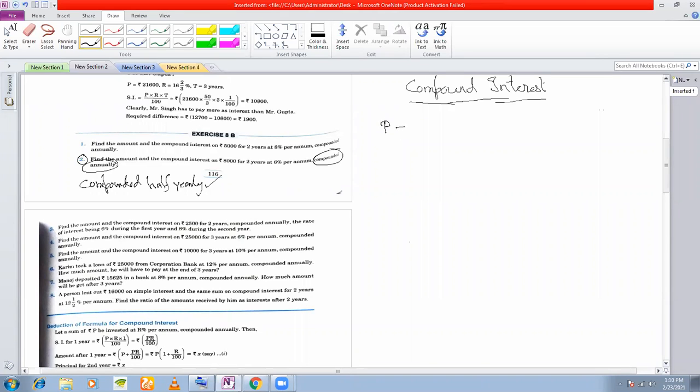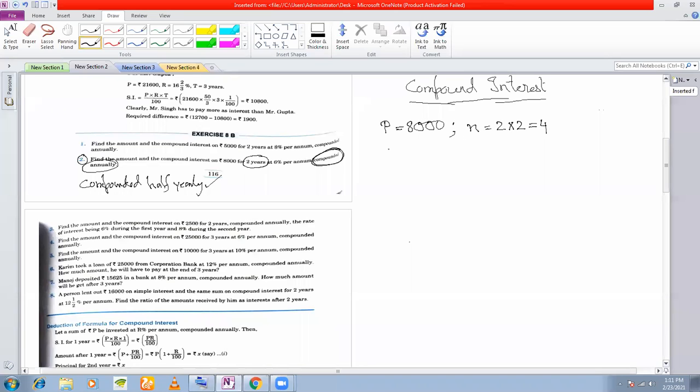See here that the principal will remain 8,000 rupees that we started with. Now, whenever the phrase compounded half yearly is there, it means we are dividing the year into two equal parts. In that case, the time given is 2 years. Since we are dividing the year into two equal parts, we'll multiply this by 2, so that now time has become 4.